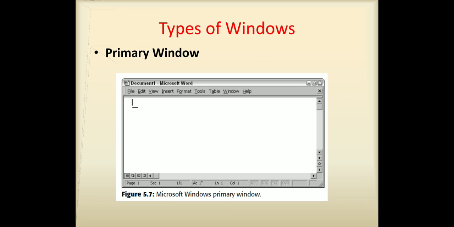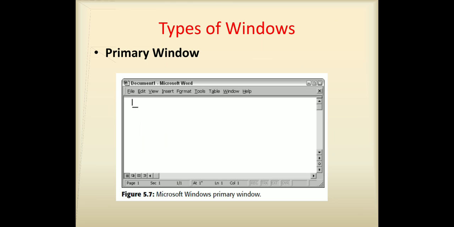So controls used by dependent windows can also be displayed here. It can also be used for presenting information that is continuously updated, for example date and time. You can use primary windows for providing context for dependent windows to be created. And do not divide an independent function into two or more primary windows, and do not present unrelated functions in one primary window. Always try to keep them separate.